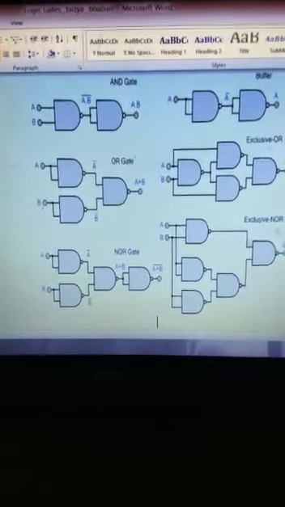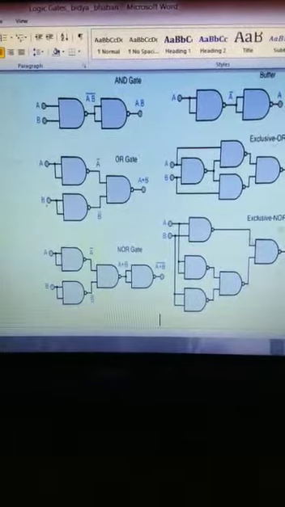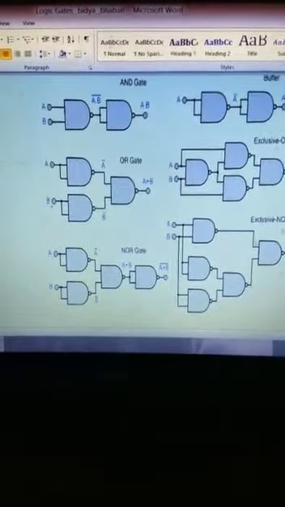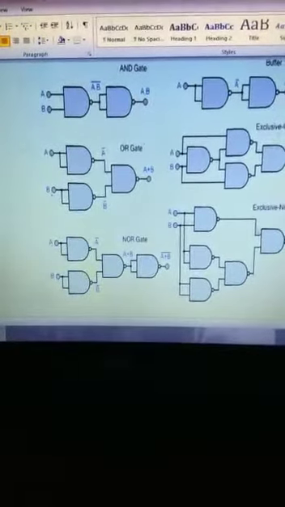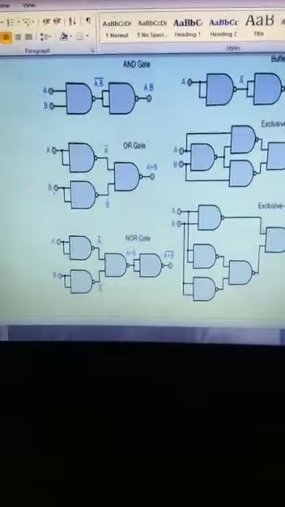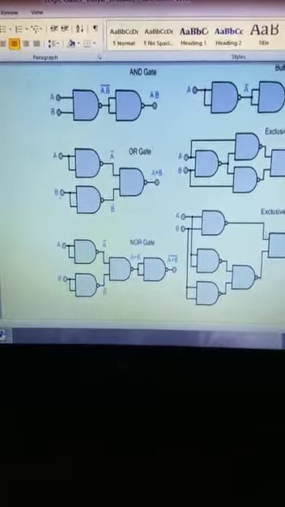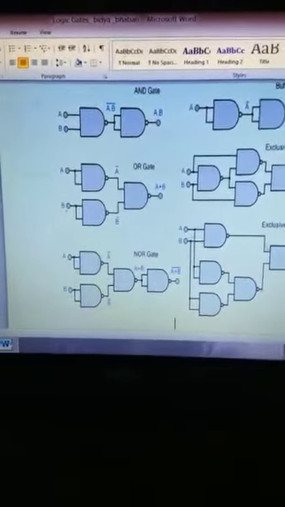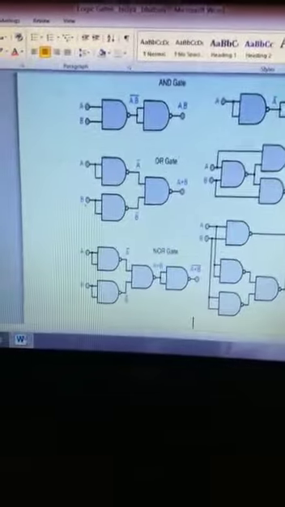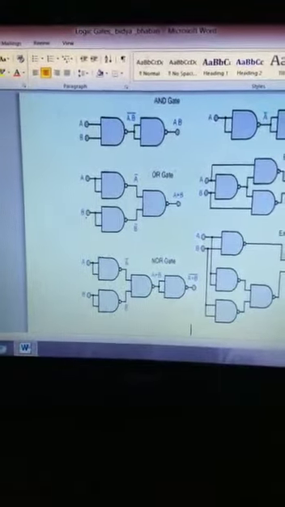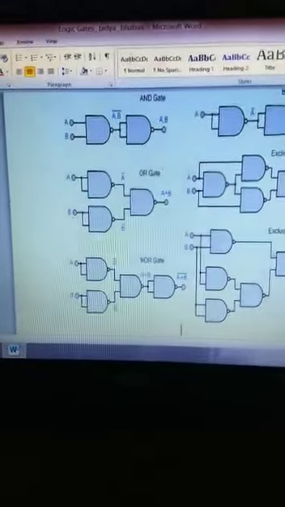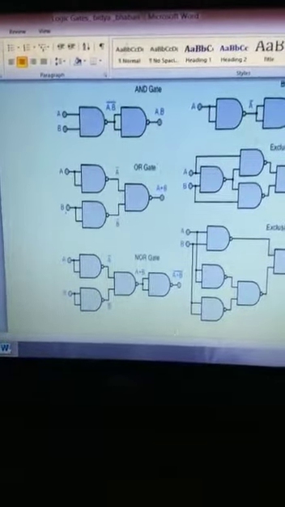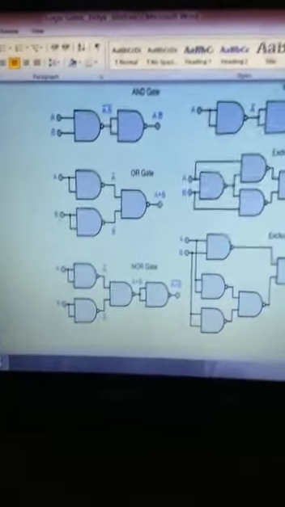Next, come here. The NAND gate always takes two inputs. So here we are dividing the A input into two parts, and also the B input into two parts, and passing them through different NAND gates. The first gives A bar, and the next NAND gate gives the result B bar. Again A bar and B bar are passed through the NAND gate. So what do we get? It gives you the value of A plus B.